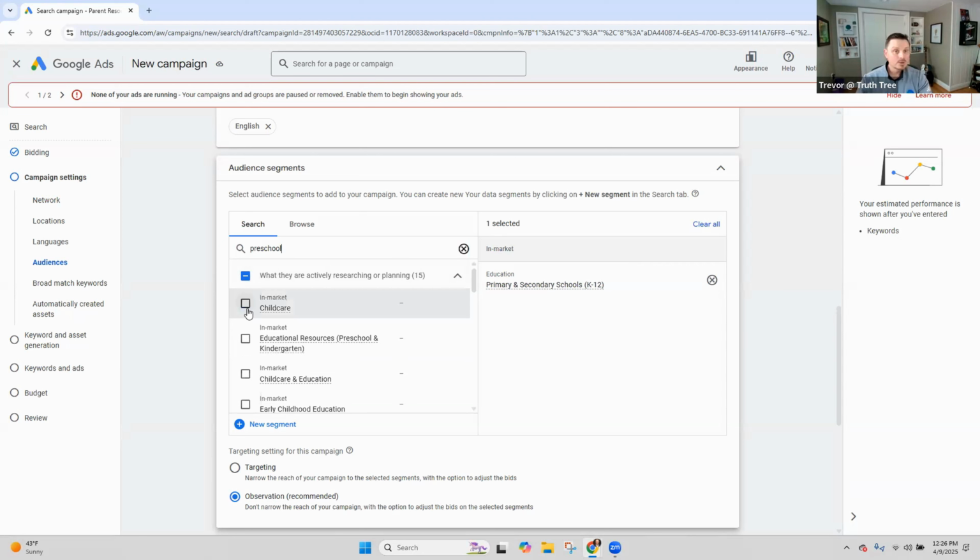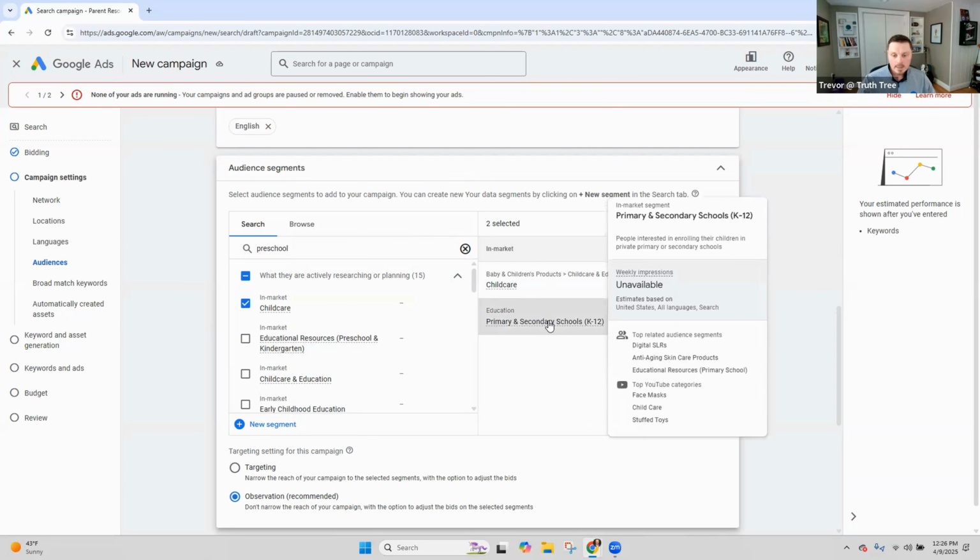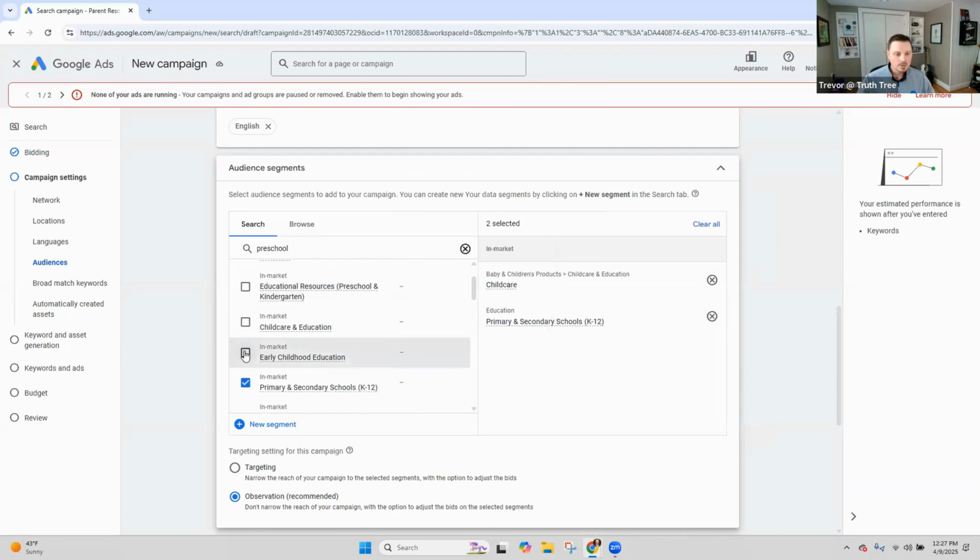And you may even want to do, if you're doing sort of like a hi, how are you? We're not really desperate, not that they're desperate for students, but we're not desperate for students. They're in the market for childcare because in the future, they might be interested in an independent school as well. And you can hover over these and it'll show you what it is. So people interested in enrolling their children in a private primary or secondary school, you can do early childhood